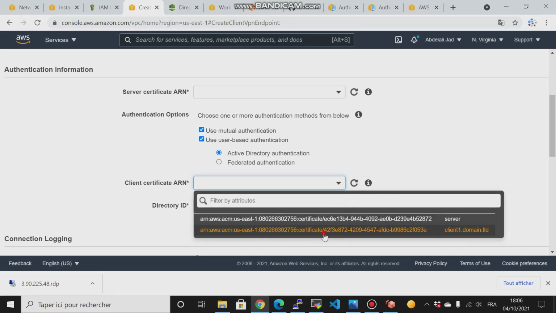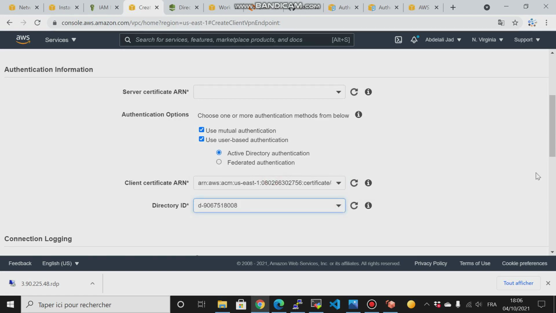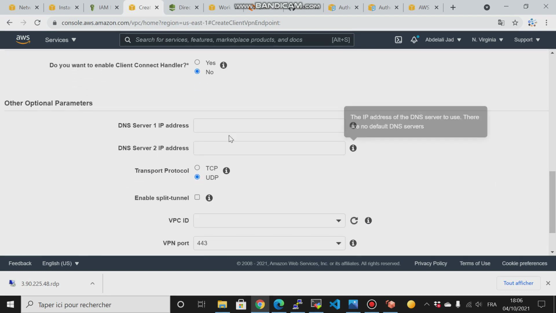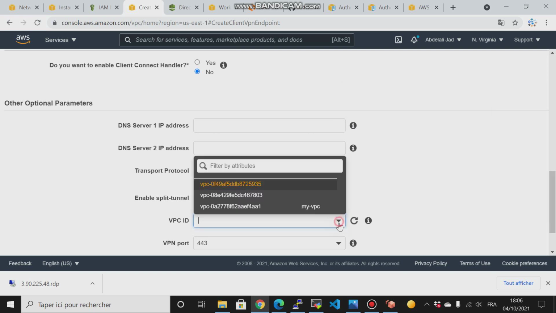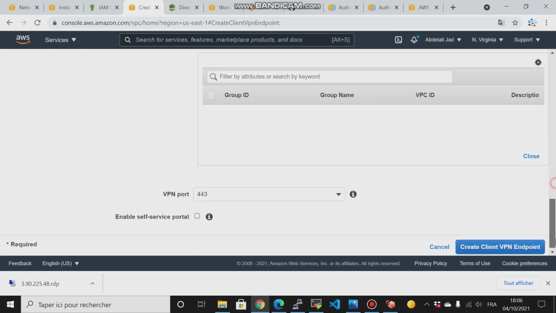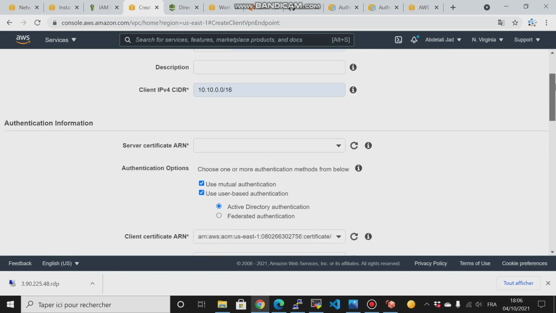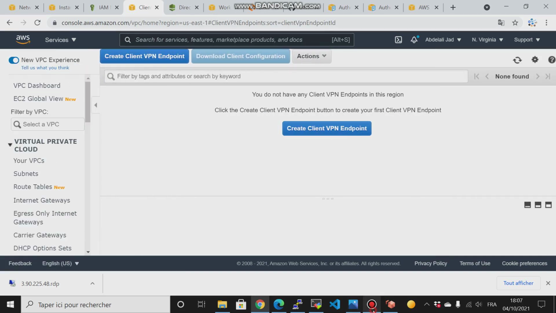Sorry, this is the client. Choose the client, and the directory ID. You can choose this one. Then I will go with the default, and here we can set the IP address with DNS server to use, and then this is the VPC, our VPC, right? So these are the steps. I will cover this in later videos, but for now I will go to the next step, that is